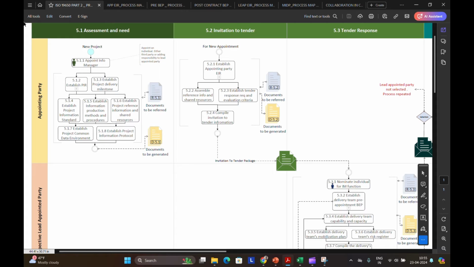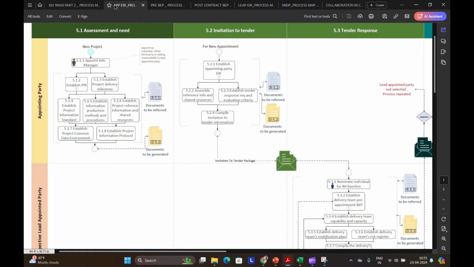Next, the appointing party needs to establish a PIR, which is a project information requirement. If you look at this task, you can see a small plus here, which means this is a collapsed sub-process. So you will find a detailed process map for this particular task separately.